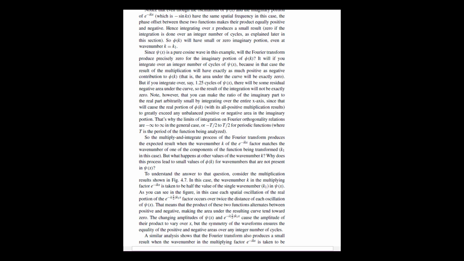Now, before we see what happens when you multiply by e to the minus ikx with different values of k, there's a paragraph here that points out that the Fourier transform produces precisely 0 for the imaginary portion, that is, the sine portion, if you integrate all the way out to infinity. But it also produces 0 if you integrate over an integer number of cycles. Because if you do an integer number of cycles, then there's exactly as much plus as minus resulting from those